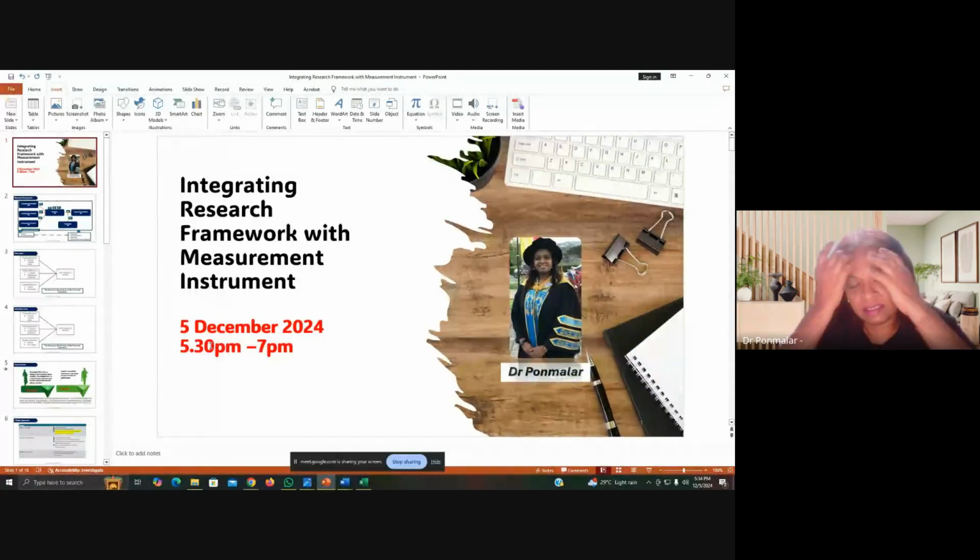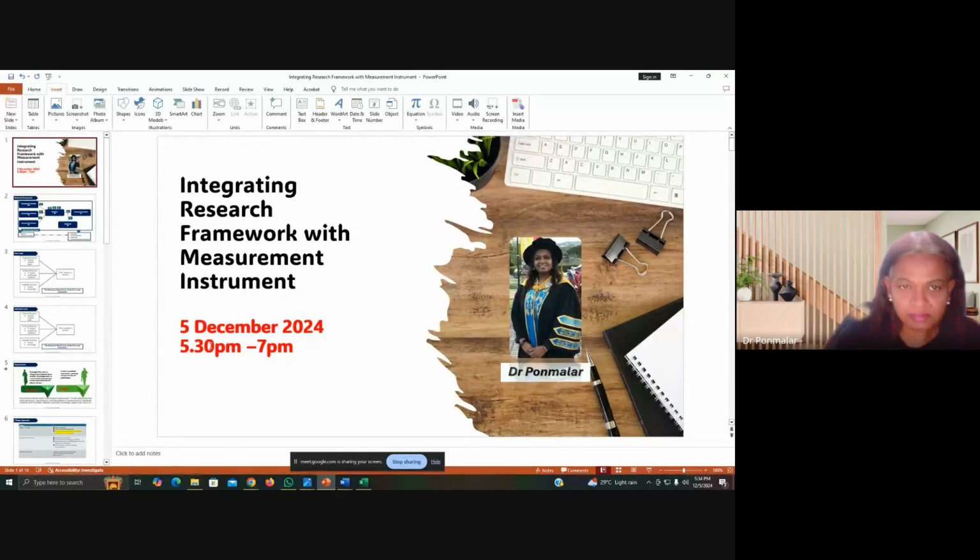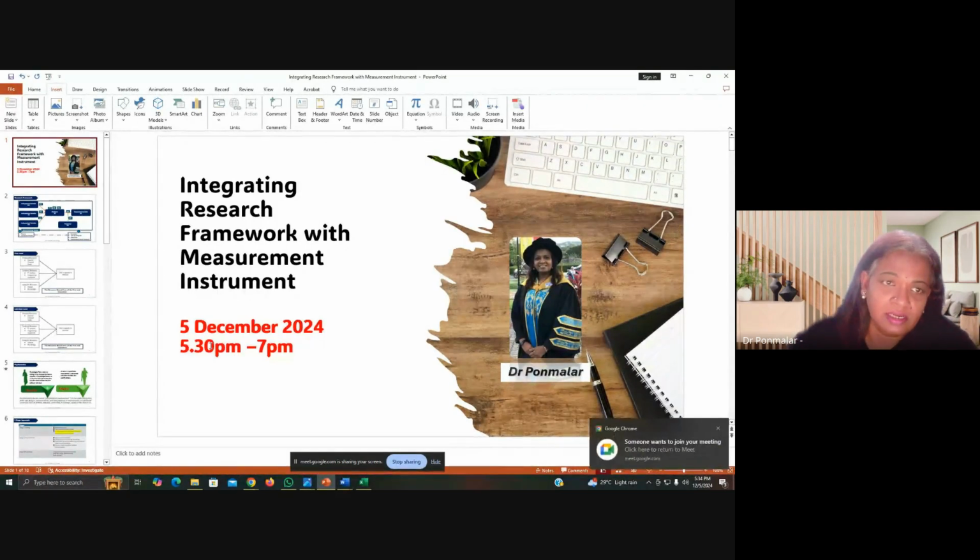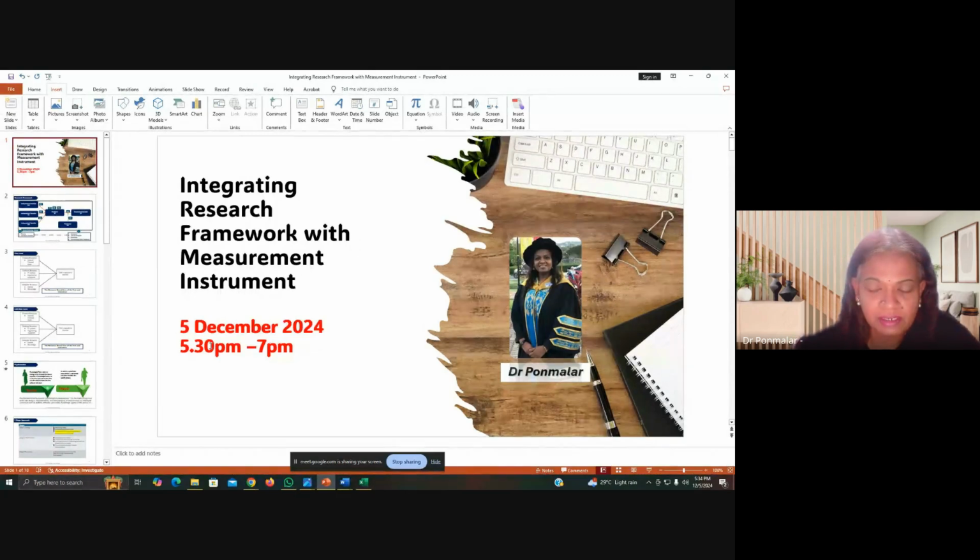Okay, integrating research framework with the measurement instrument. The most important part of research is actually our framework, especially when we are doing a quantitative study. So the most important tool that we need in order to proceed with our research is our framework. Why am I starting with the framework? In my